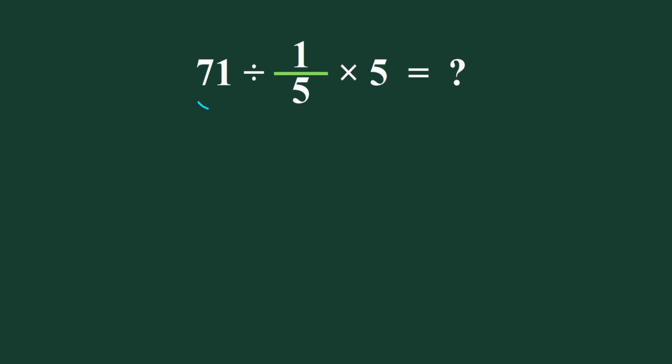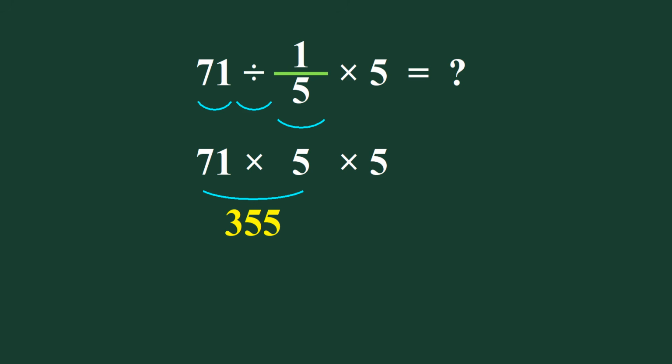71 divided by 1 over 5. To do this division, write down the 71, change the division to multiplication, and flip this fraction to 5 over 1, which gives 5. And here again we have times 5. 71 times 5 gives us